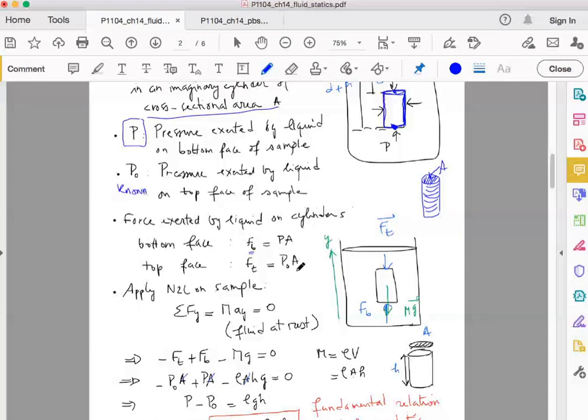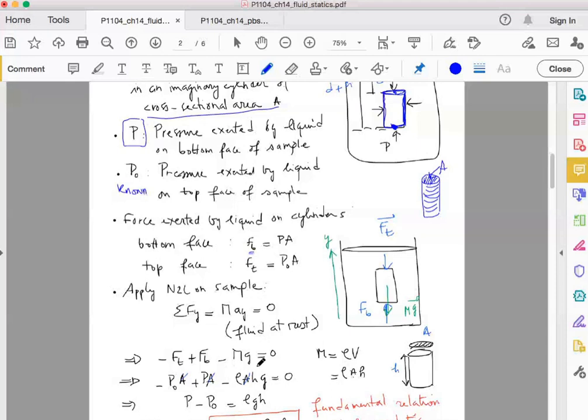Now let's apply Newton's second law on this sample. This sample is in equilibrium. The fluid is at rest, and this sample doesn't have any motion. That's why ay is equal to 0. What are the forces acting in the vertical direction? We have minus FT plus FB minus mg is equal to 0, where we have taken the y-axis to be pointing upward. Putting each term by its value, FT is minus P0 A, and FB becomes plus P times A, minus